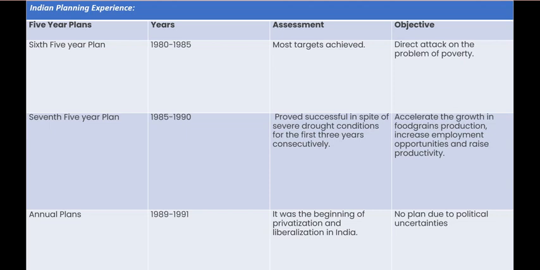They were followed by annual plans from 1989 to 1991. During this period, no plan was formed due to political uncertainties. It was the beginning of privatization and liberalization in India. The eighth five-year plan began in 1992 and ended in 1997 with an objective of rapid economic growth, high growth